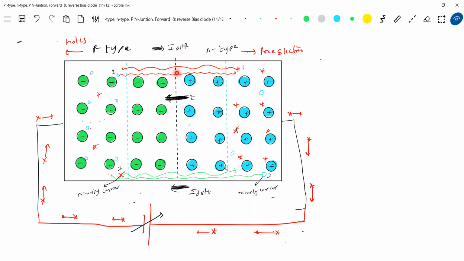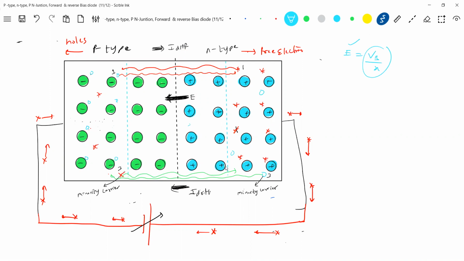current? As I increase the bias, the width of depletion increases. As the width of the depletion layer increases, the barrier potential will increase, and the electric field strength will increase. If you look at the electric field, the equation is like this, such that E will increase. If E increases, what happens? More retarding force for the majority carriers. So the number of majority carriers crossing the junction keeps decreasing here. Okay, able to get this.